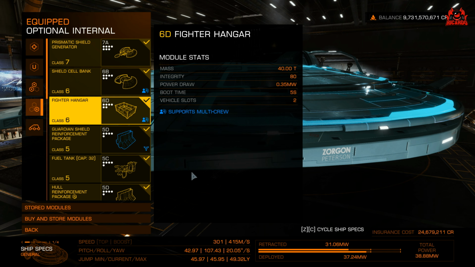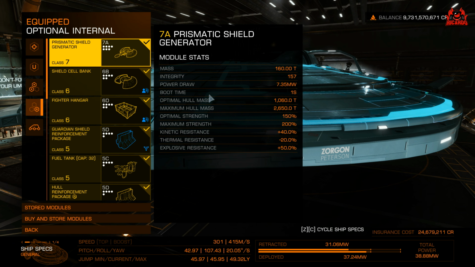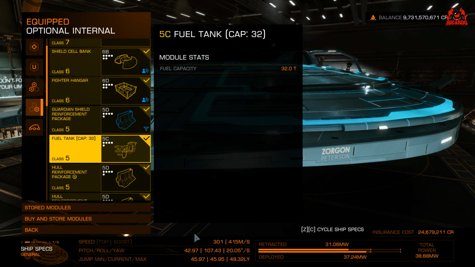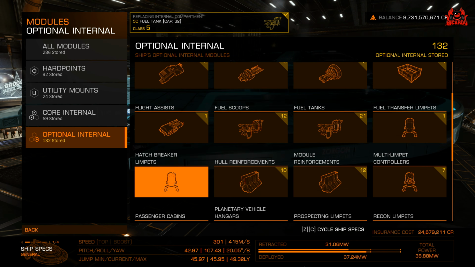Okay. Shield cell bank. No problem. Fighter hangar, because you need a little bit of support. And we'll be getting my crew on here to fly that fighter. Got a shield reinforcement package for said prismatic shields. Now, I've got a fuel tank here. Why have I got a fuel tank here? I don't need a fuel tank. Let's get rid of that. Let's replace that with...